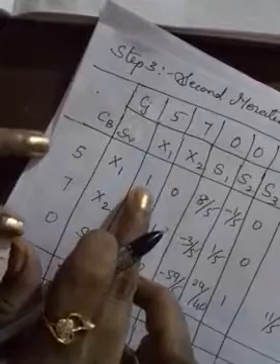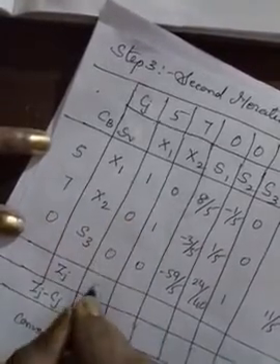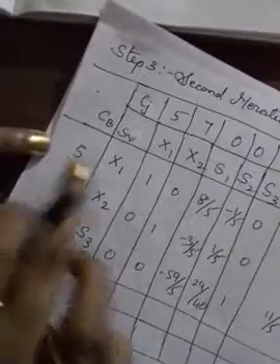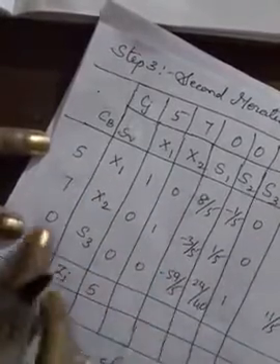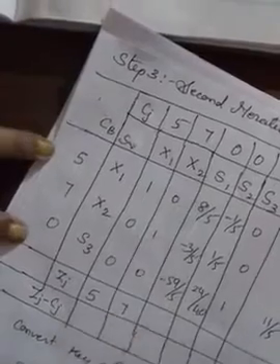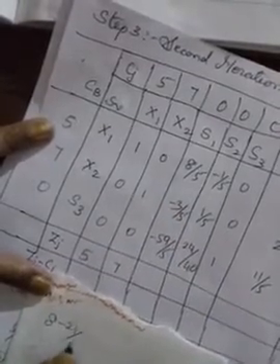5 into 1 is 5. 7 into 0 is 0. So I will get 5, the other value I will get 0. So write down 5 here. Okay. Similarly, 5 into 0, 0. 7 into 1 is 7 only. So I will get here 7. And next one is 5 into 8 by 5, I will get 8. Isn't it? 5 into 8 by 5, I will get 8. 7 into minus 3 by 5, I will get minus 21 by 5.